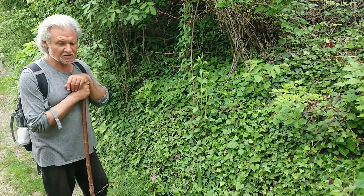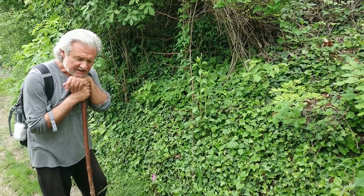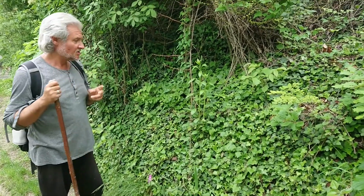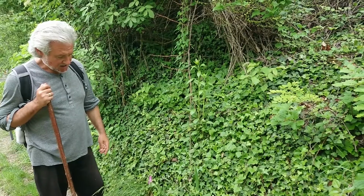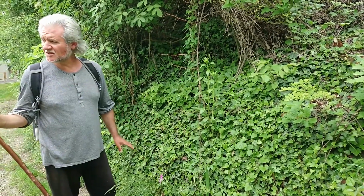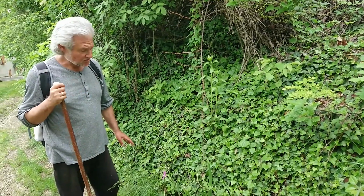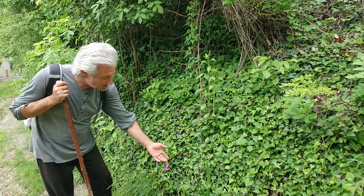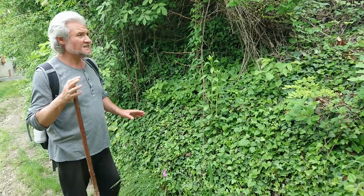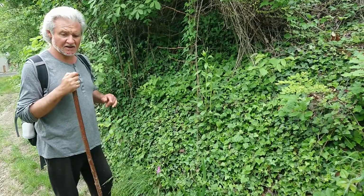Because part of what we're doing, if we're collecting plants to make flower arrangements or anything else, is doing it responsibly and trying to think about the individual plant, the population of plants, and the ecosystem, the environment as a whole. And this is an unusual plant. In Italy, there's some areas where it's more common and some where it's less. In this area, it's quite difficult to see. The first time I ever came to this area,